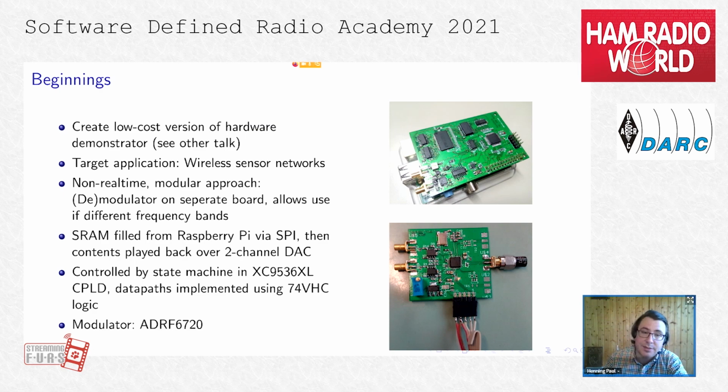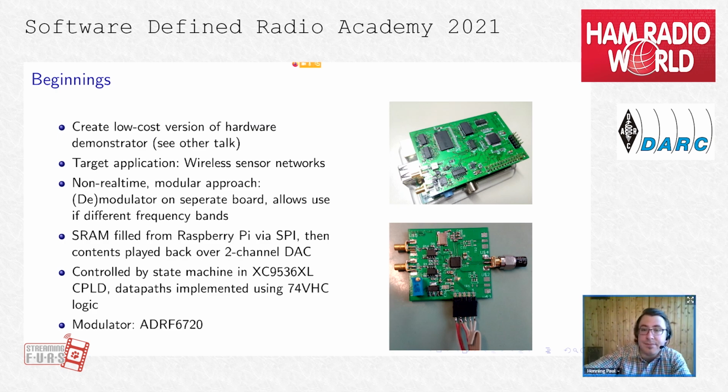This is a modulator board using an ADRF6720. This is a fully integrated modulator, which only needs a crystal as external part, and everything you need is inside the modulator, the PLL, the VCO, and the like. Just analog baseband in, RF out. This modulator has a frequency span, I guess, from around 400 megahertz to 2.8 gigahertz. So this was intended to be used with 2.4 gigahertz Wi-Fi frequencies. If you see my previous talk, you'll know what I'm talking about.